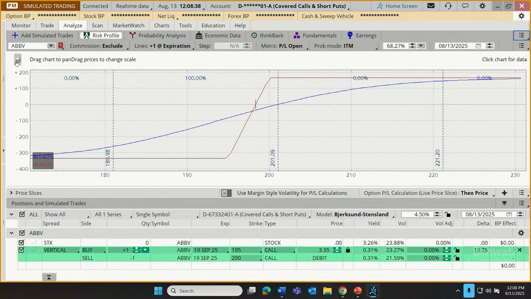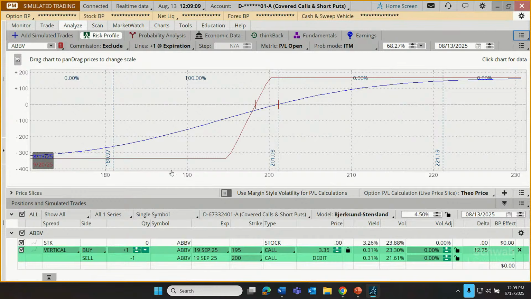Do you see this little mini chart up here in the upper left? Some of you may be familiar with the fact that sometimes we'll see a profit and loss chart. If it's a complicated strategy, if maybe they're more distant strikes, or we've gone way out of the money or in the money, you'll see these profit and loss lines go off the top of the chart because they're going so far. Maybe they're getting obscured off to the left of the chart or the right of the chart, whatever. Well, some of you might be familiar with the fact that we can actually resize the chart.